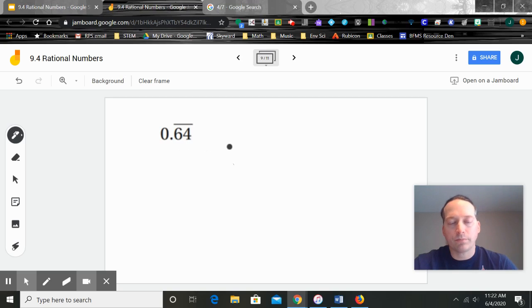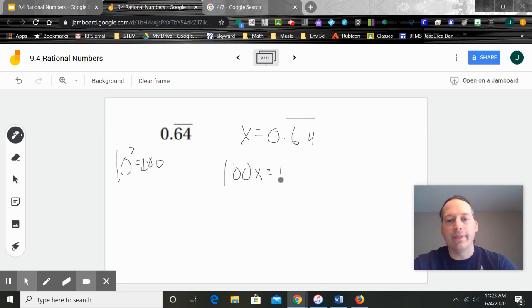Okay, let's try this one. So x equals 0.64 repeating. How many digits are repeating this time? This time we have 2. So we have to multiply by 10 to the second power, which is 100. So 100 times x gives me 100x. Then I do 100 times 0.64 repeating. So this is still 100x. This is going to be